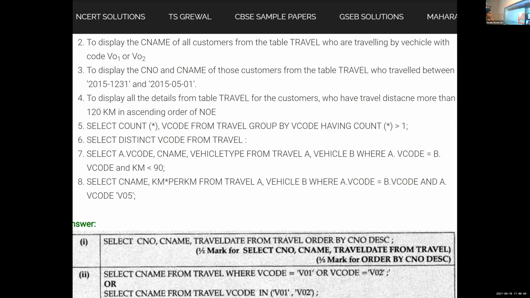Clear? Now, the next question that you can do is the third question. Do the third one.